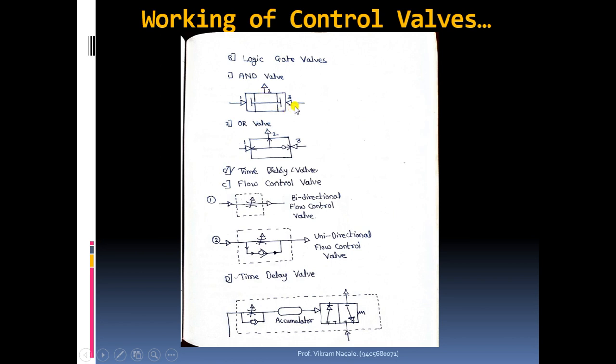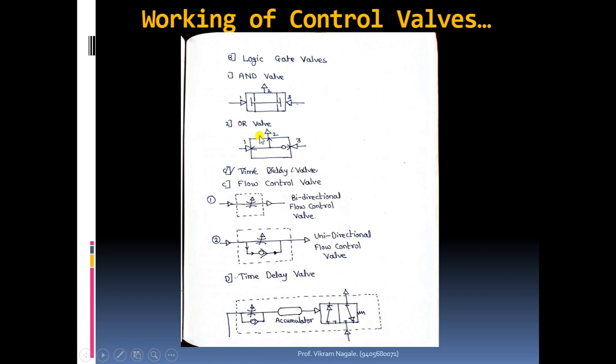Same thing will happen in case we are supplying air at port number 3 only, and we are not supplying air at port number 1. But whenever we are supplying air at both ports, that is 1 as well as 3, then this plunger will get settled in the intermediate position, and the air coming from port 1 will go like this, it will pass through the aperture, it will go to port 2. On this side also it will come over here, it will pass through the aperture to port 2. And port 2 will give the output.